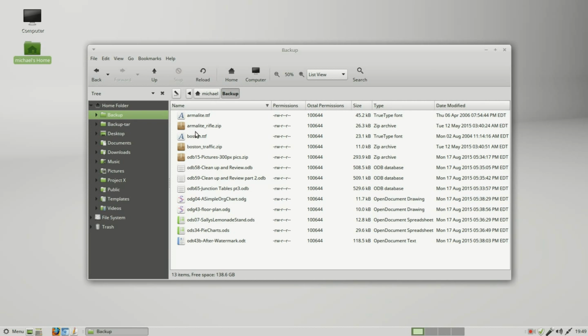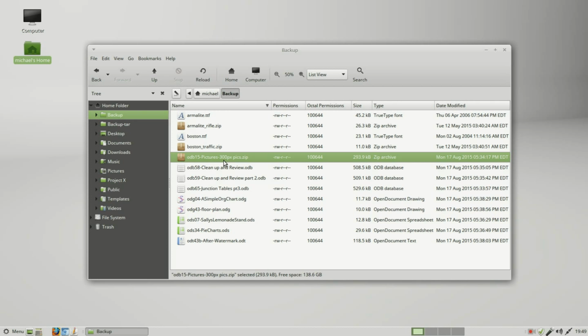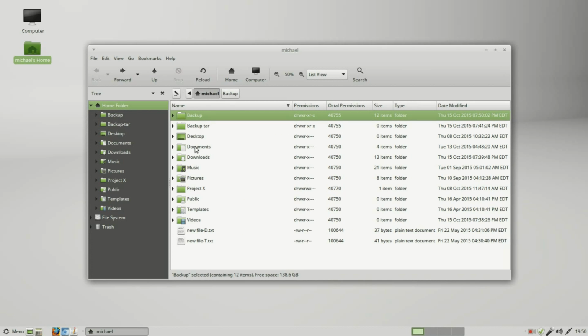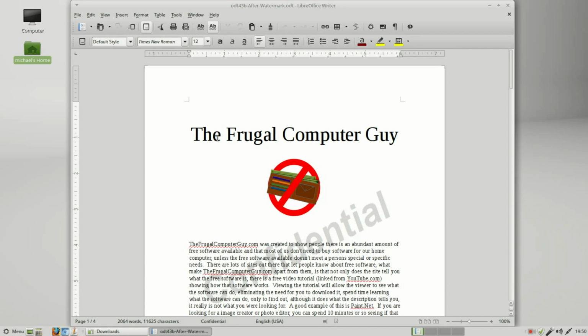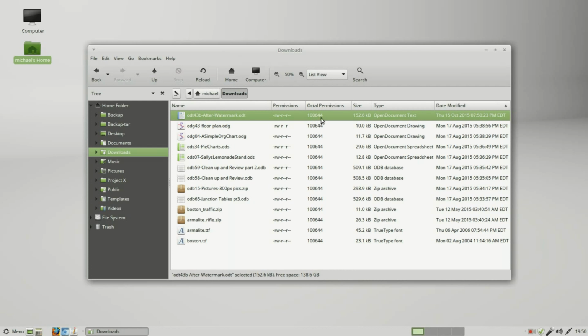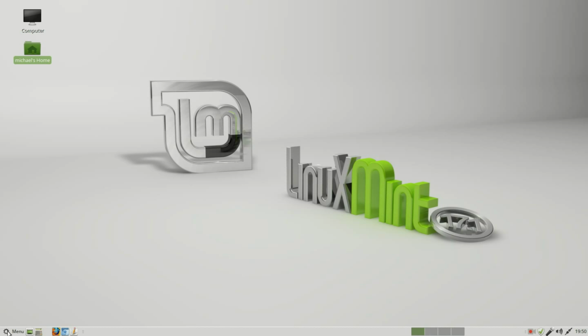I'm going to delete the file ODB15 Pictures 300px. And I'm going back into the downloads folder, and I want to update this ODT43B after watermark. I'm just going to add in a space or two just so it updates that timestamp. So we see the timestamp is Thursday, October 15th. That's today. I'm going to close this and make that backup again, going into Administration, Backup Tool,